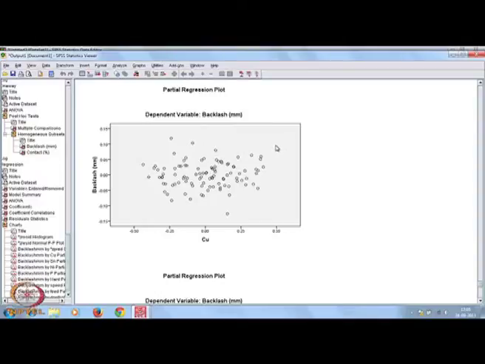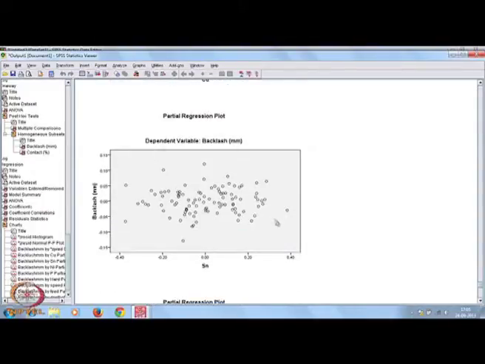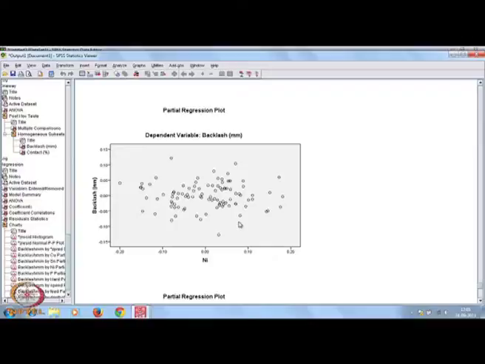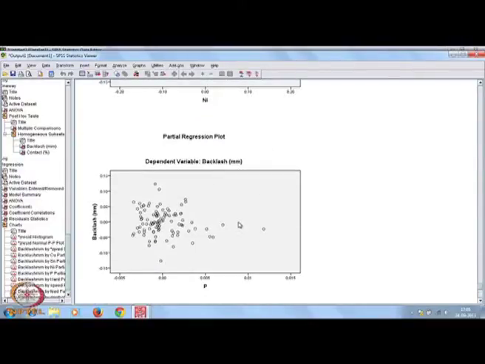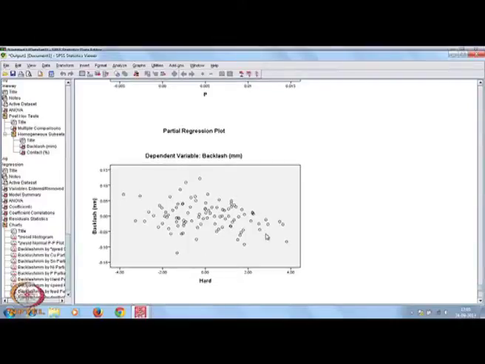If it is positive, it will go up, and if negative, it will go down, but the slope will be as per the beta value. Here copper is not significant, and we have seen that also. Similarly, backlash versus silicon, backlash versus nickel, then backlash versus phosphorus, then hardness.